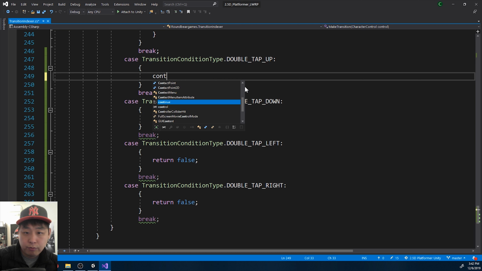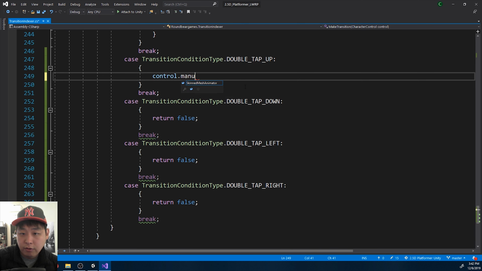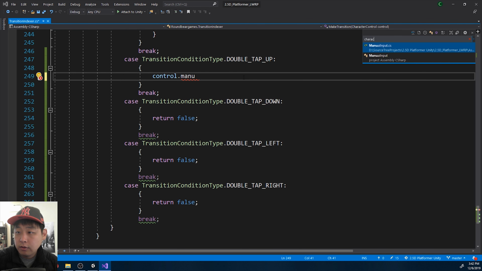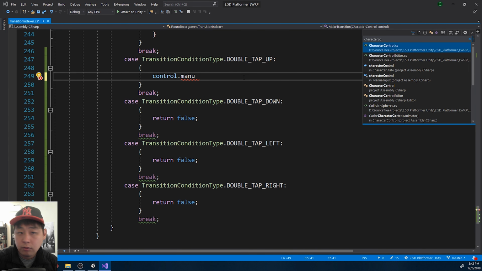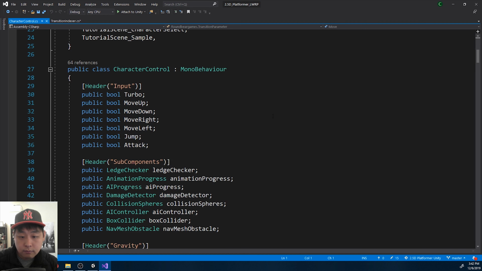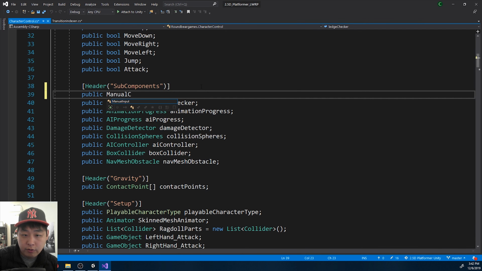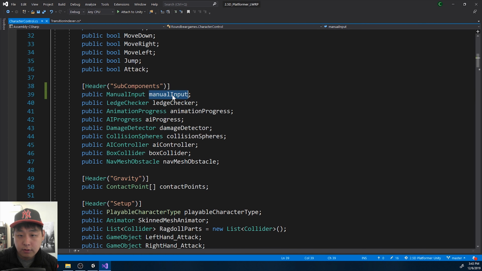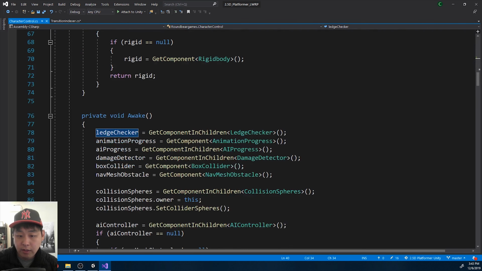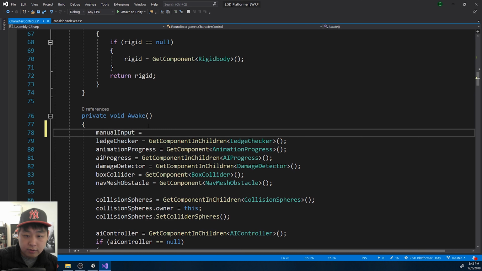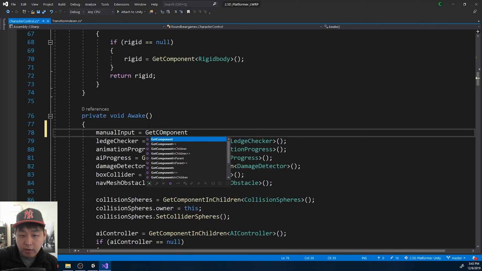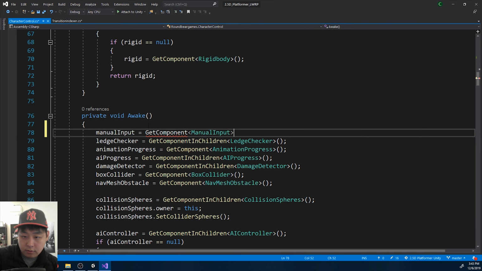And for up, we just want to check manual control. We don't have manual control in the character control yet. So I'm going to go into character control. Add a component here. Manual, oh, it's manual input, not manual control. Manual input. And just like the others in the beginning, the character control will have manual input, the script,